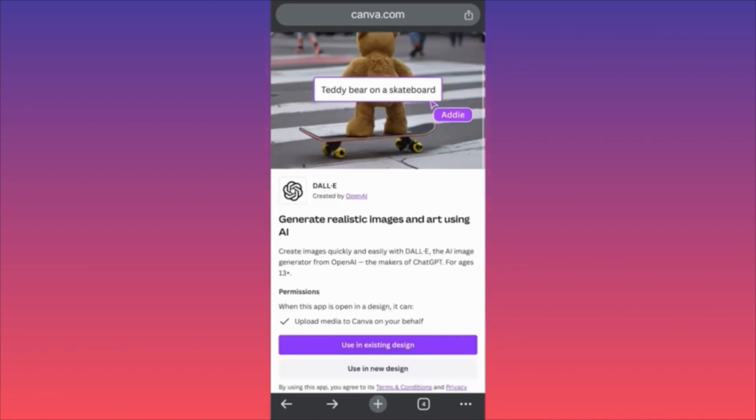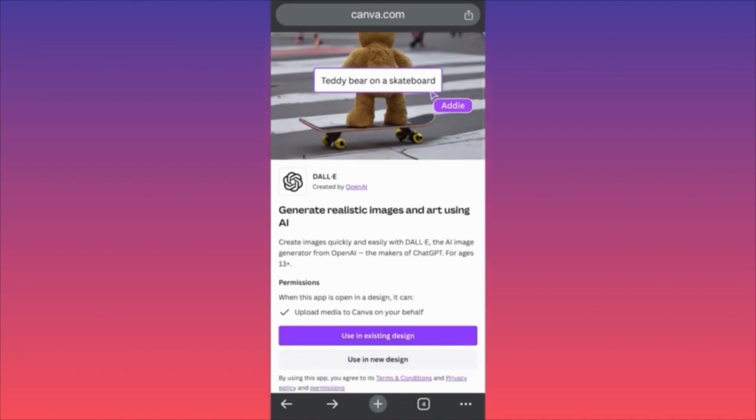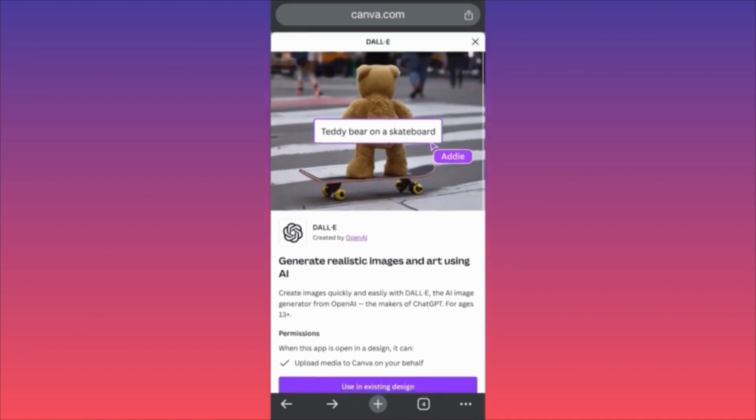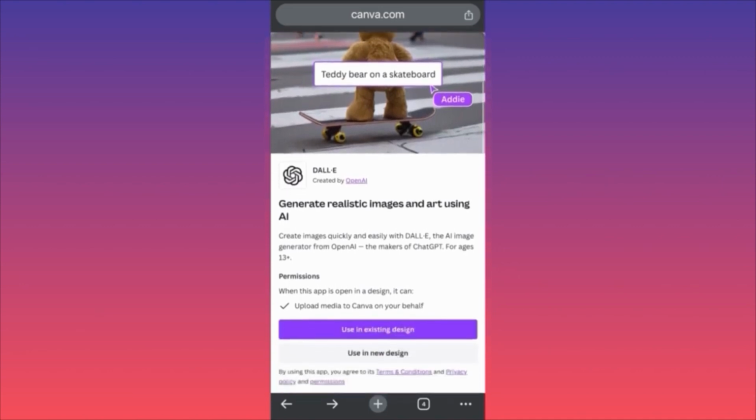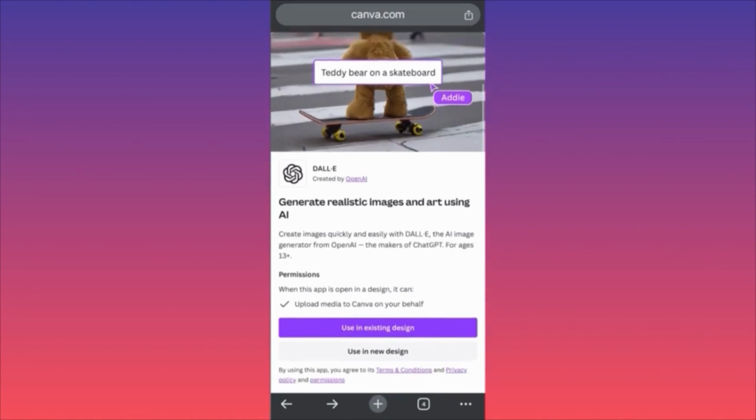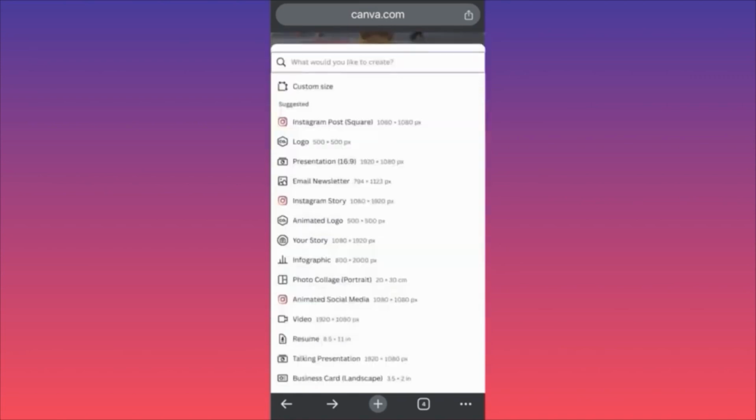So the first thing, you want to come over here at canva.com and you want to click on apps. Then you want to go over and find DALL-E. So how you're going to go over here is by simply choosing creating something from scratch like we're going to do over here, or using an existing design. If you already had certain projects in Canva, you can simply import them here. Let's click on use a completely new design. And in this example over here guys, we are going to create